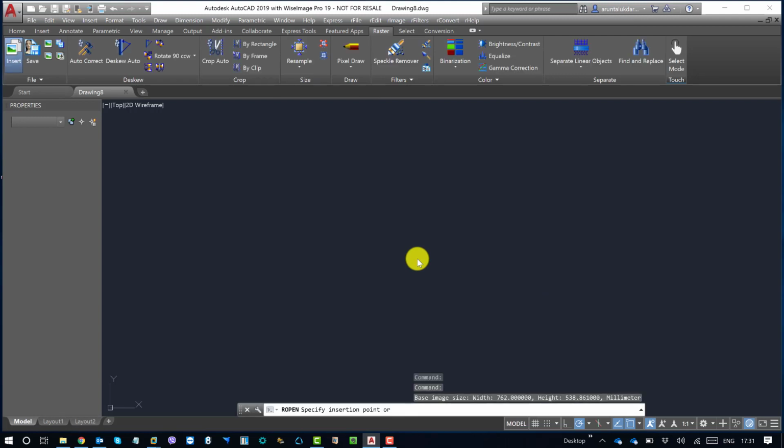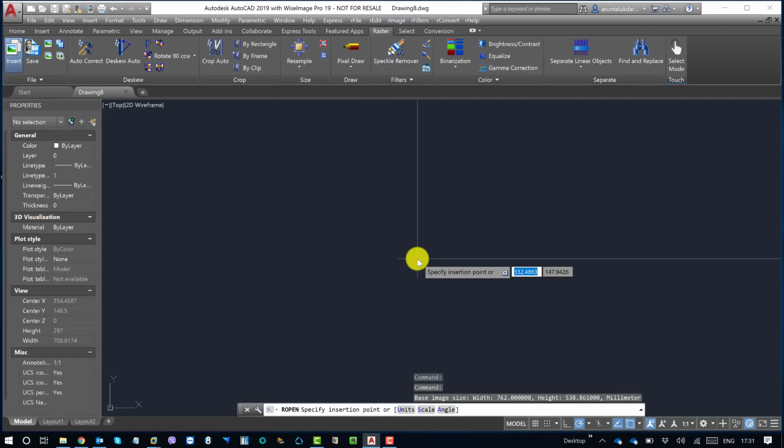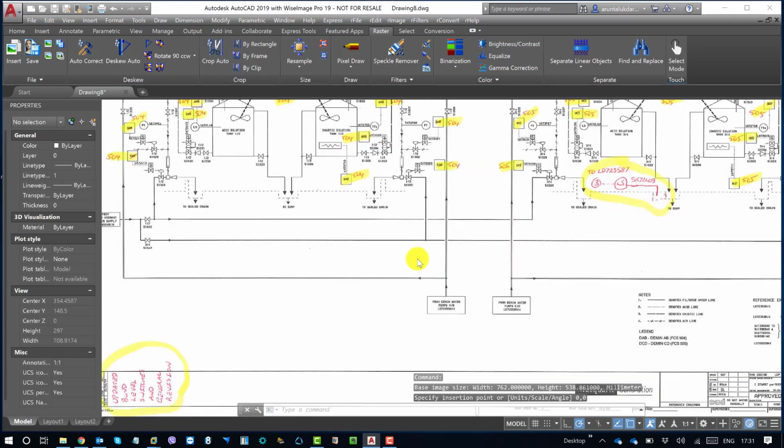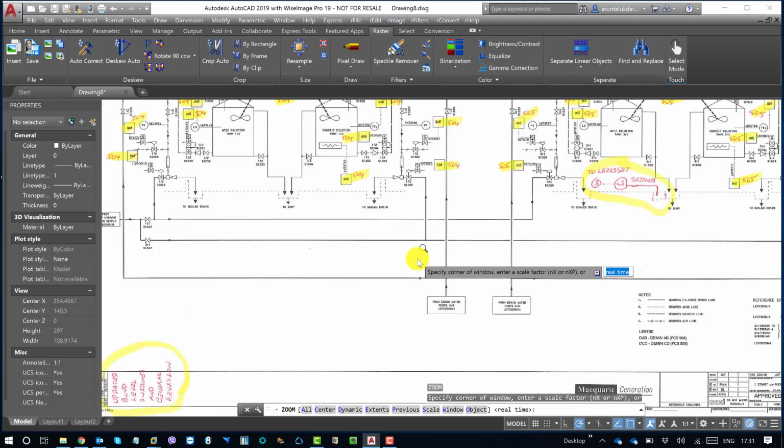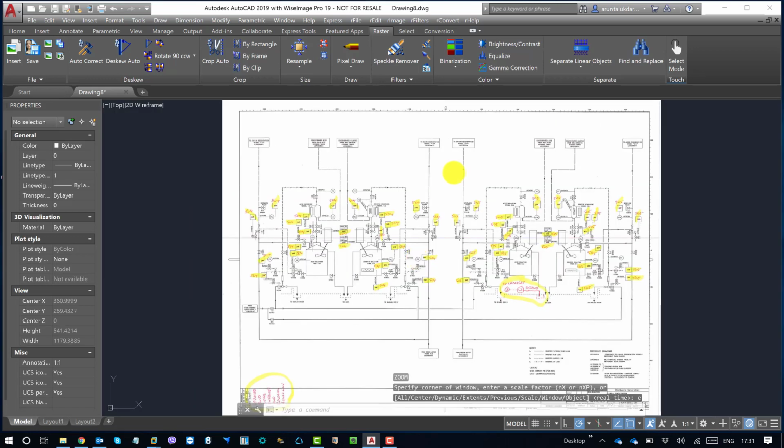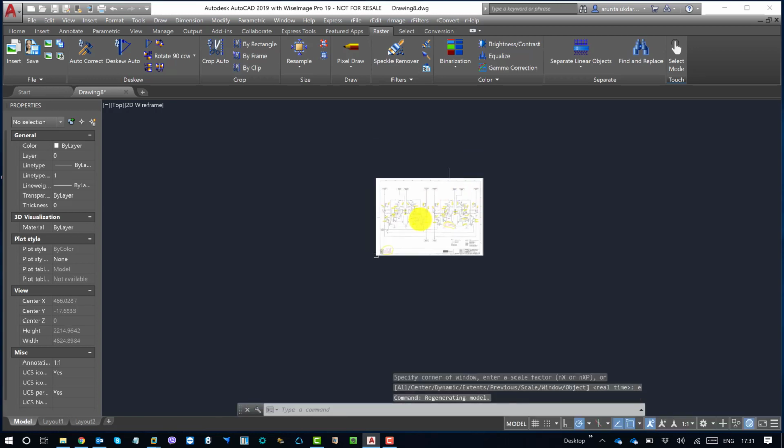Open. I need to specify the insertion point. I can say 0,0 is my insertion point. Hit enter. The image will be inserted at the right position. So now I have the